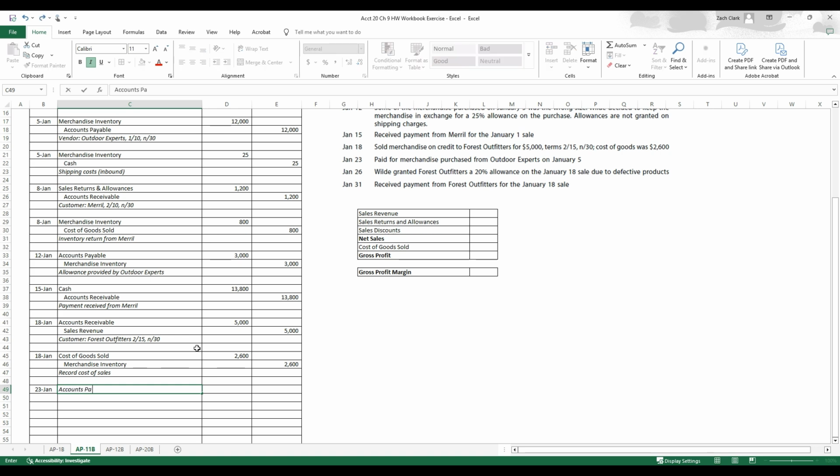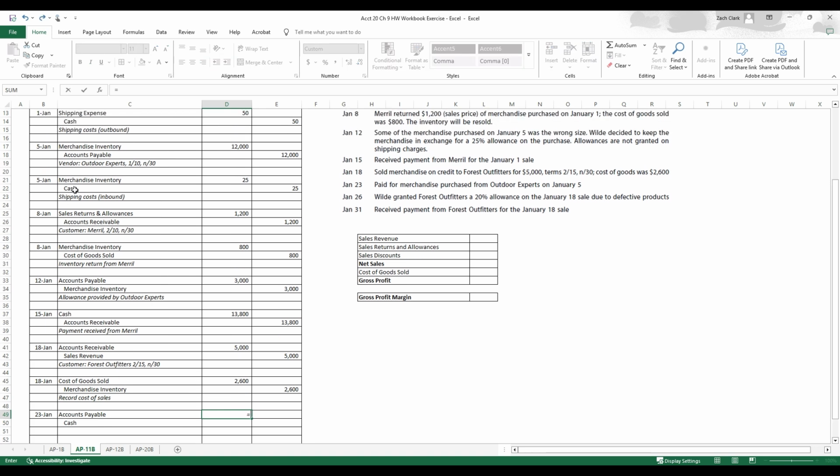Okay, so accounts payable is going to go down. Do my little format painter to make that look unitalicized. Actually I'm going to do my format painter. Oh, I don't want that. Undo. Format paint these 3 cells because it's going to be very similar. We have cash being paid and decreasing our accounts payable to